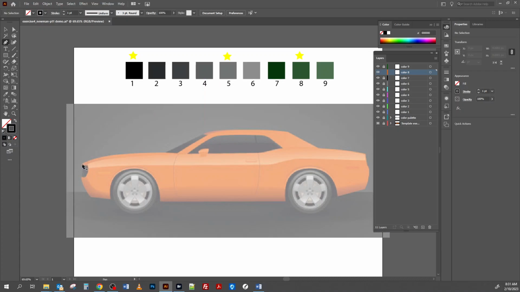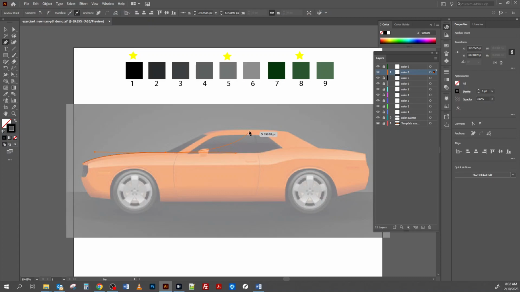We're going to trace the entire car. So let's start with the hood, okay? And we're going to not do line segments. Let's try to avoid line segments because they make our lines jagged and we want a nice smooth curve. So I'm just going to come all the way up here to the bottom of the windshield, and knowing what I know about the pen tool, I'm going to go ahead and use the handles to get it to fit